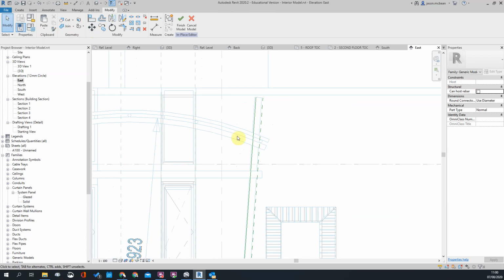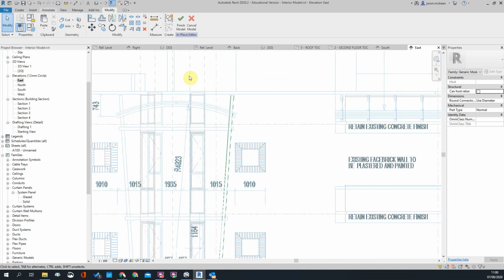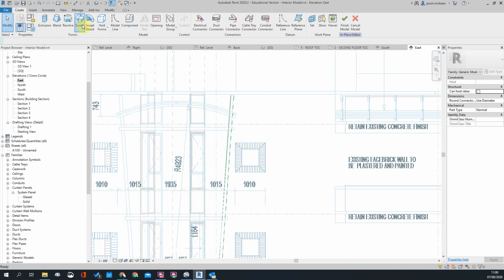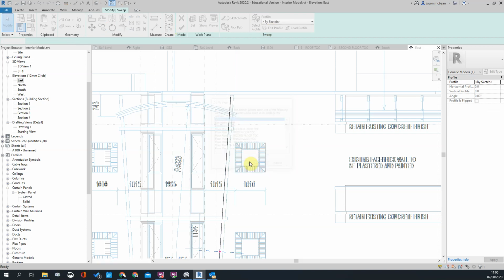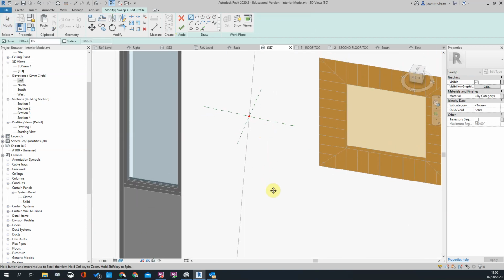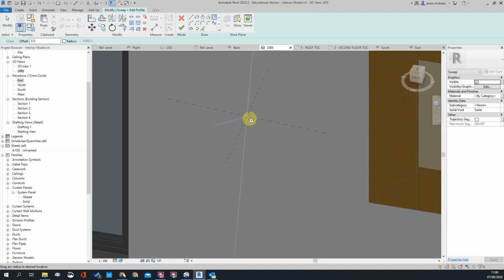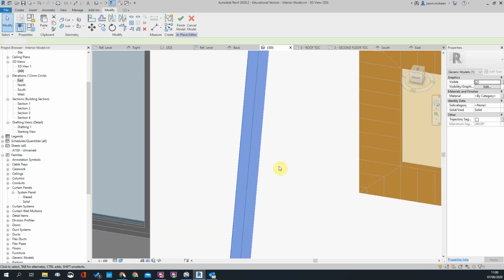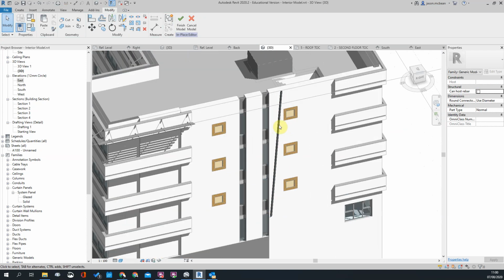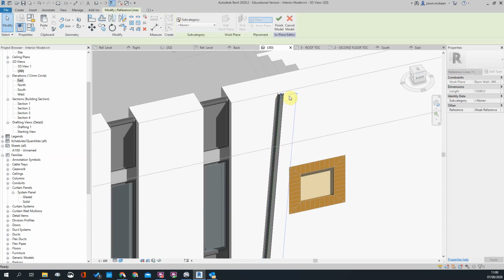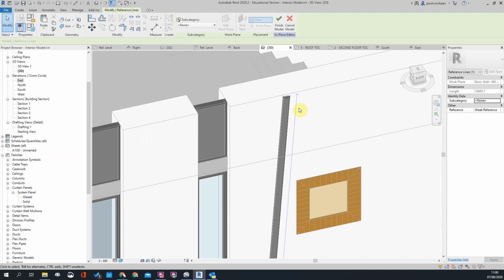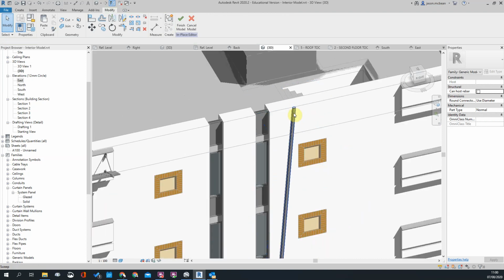I'm going to leave it like that. Then what I'm going to do is create a sweep, and tell it to pick this reference line, finish, profile, 3D view, and I'm going to make that a 50 finish. Okay, that's all I wanted to do. So now all I want to do is maybe play around with this point. This point I might want to start moving in relation to